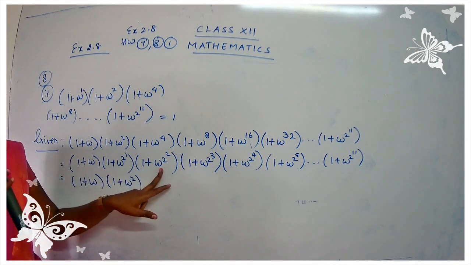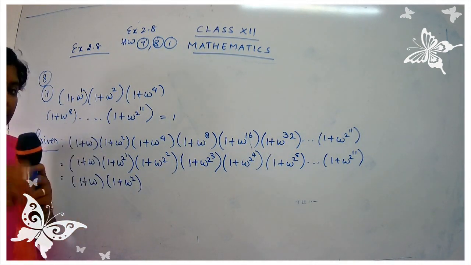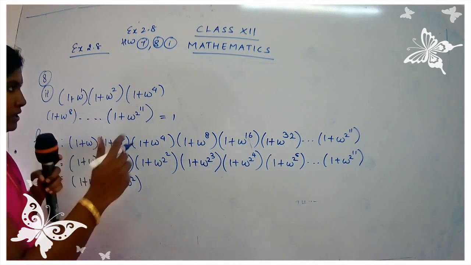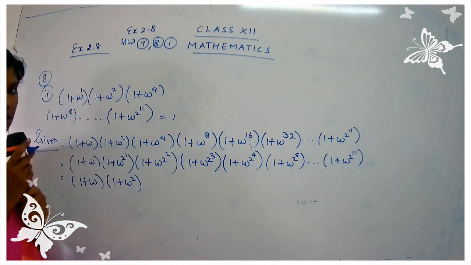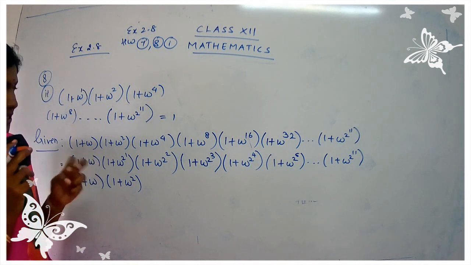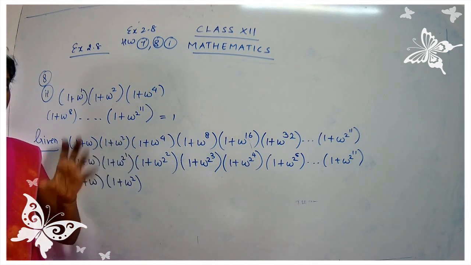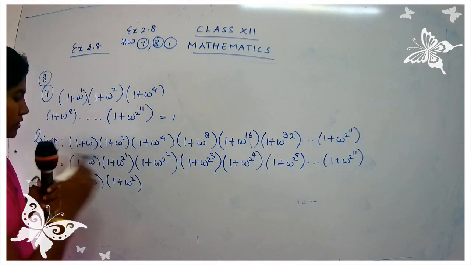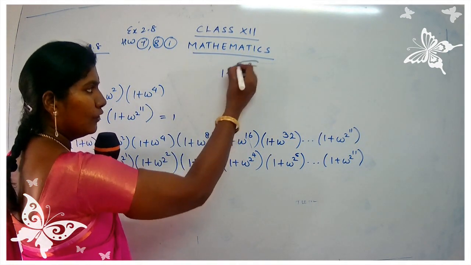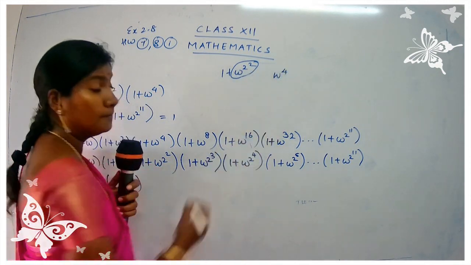And coming to this term, children, it's 1 plus omega raised to 4. Okay, just take the term omega raised to 4. Do not go for this 1 plus anything. Just put your pens down and let's listen to me. We are just going to have a manipulation over here. We are just going to assume the answer. We are just going to try out 2-3 terms, and then we are going to write down what will be the answer for it. So now I am going to consider 1 plus omega squared square. I told you that I am just going to consider this part. It is omega raised to 4.